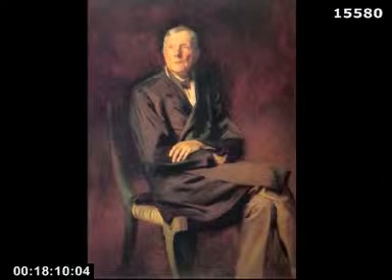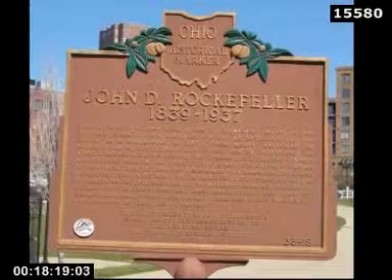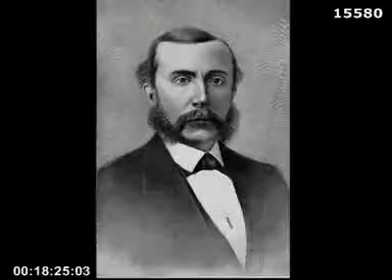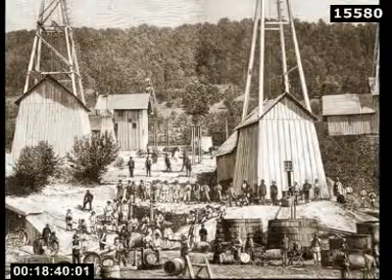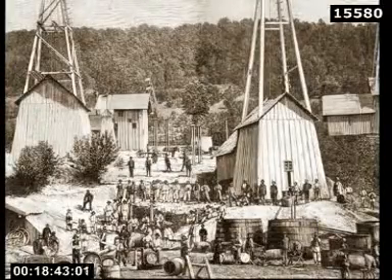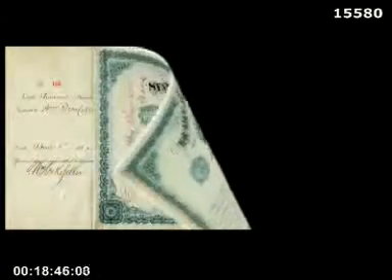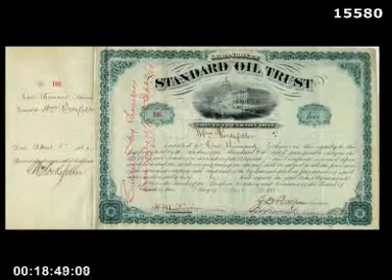A shrewd and equally competent contemporary of Carnegie was John D. Rockefeller. Rockefeller was of German descent. Born in 1839 at Richford, New York, he was educated in the public schools of Cleveland, Ohio. He became a bookkeeper in Cleveland at the age of 16. In 1862, he went into business with Samuel Andrews, the inventor of an inexpensive process for the refinement of crude petroleum. After rapid expansion, the firm was superseded in 1870 by the Standard Oil Company, organized by Rockefeller, his brother